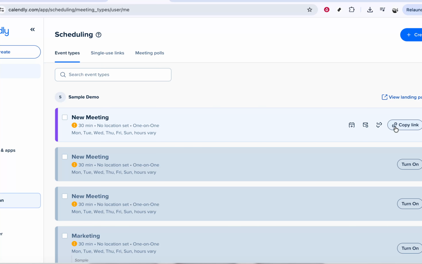Click the edit icon on the section you want to update. In the appropriate field, paste